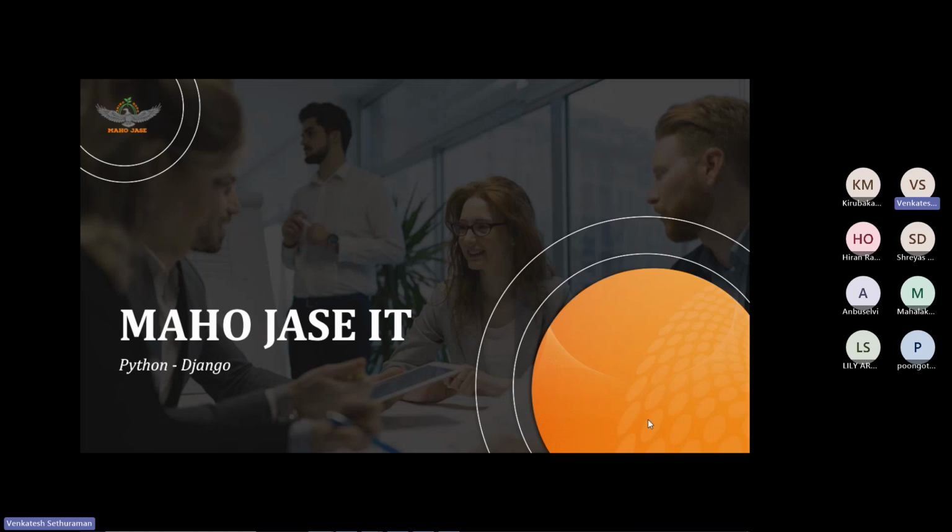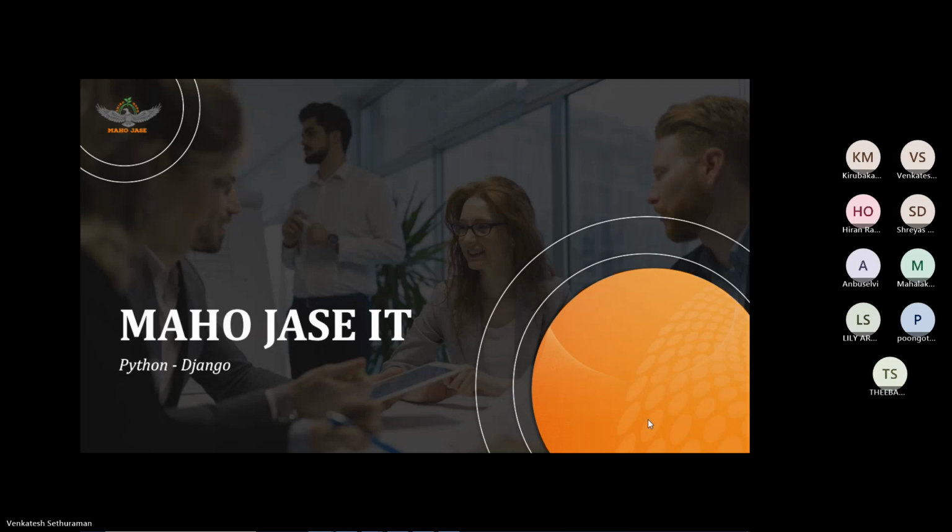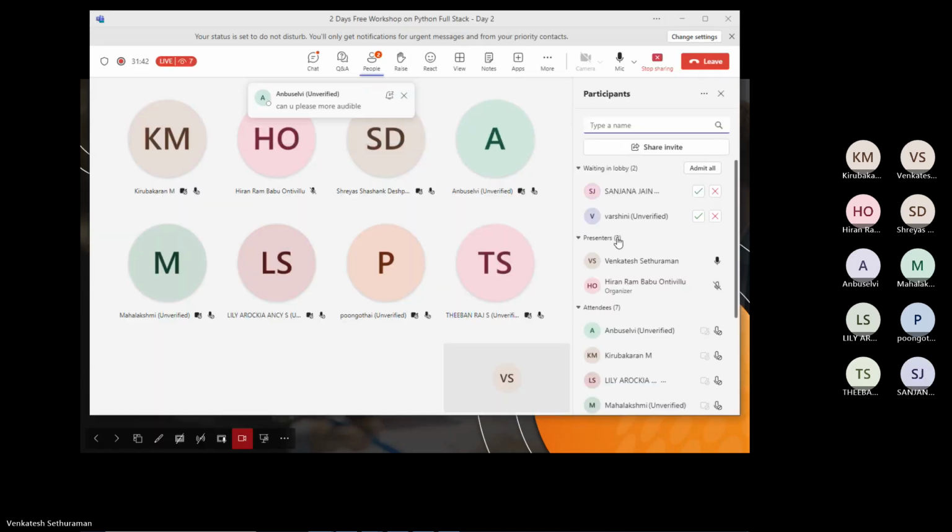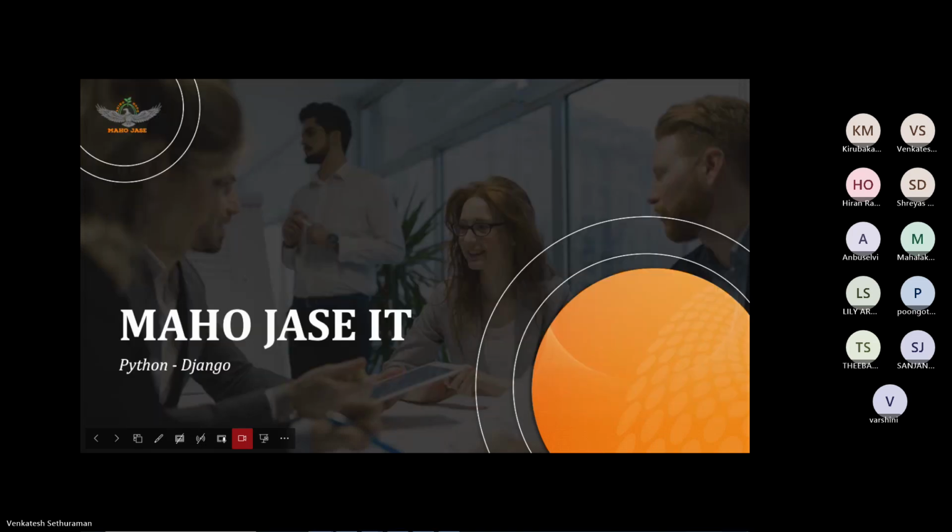We have to continue the session. Yesterday we have seen a somewhat simple website, a simple static website. So today our agenda is